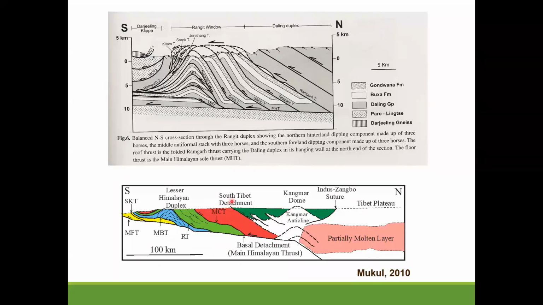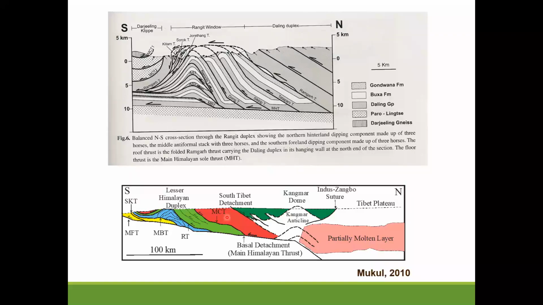And you can actually see that if you go to the higher Himalayas. But there's also this controversy: whether it was partial melting within this or there is actually a ductile channel coming into it. But what you see is definitely there are evidences of patches of molten material. So that is very broadly called the channel flow hypothesis.